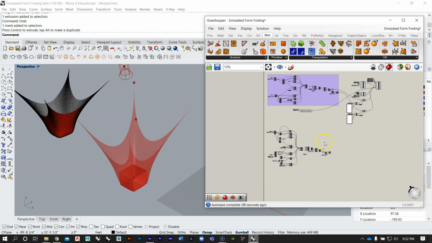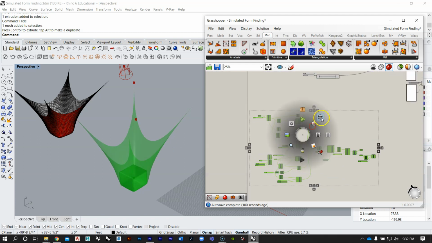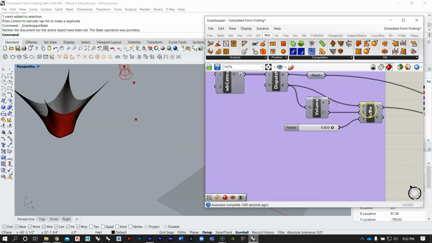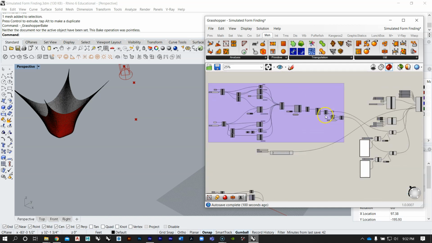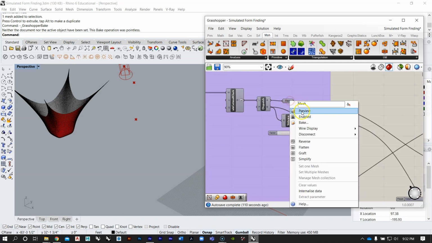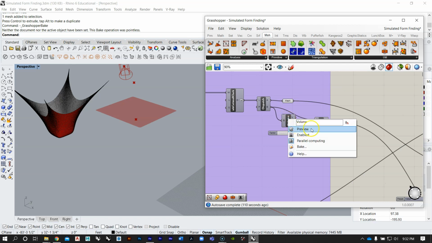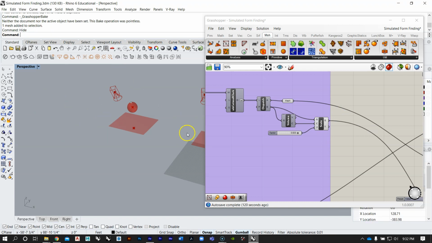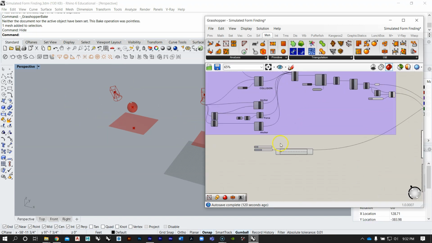And so I'm going to turn all this stuff off and let's see where the best spot is to put it into here. So let's turn that on, that on, and I believe